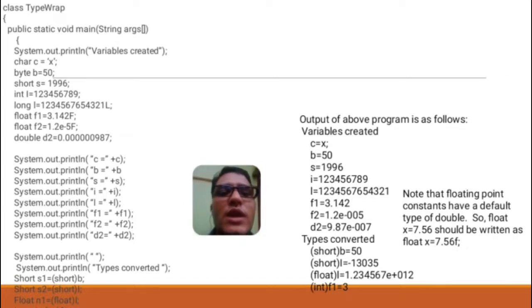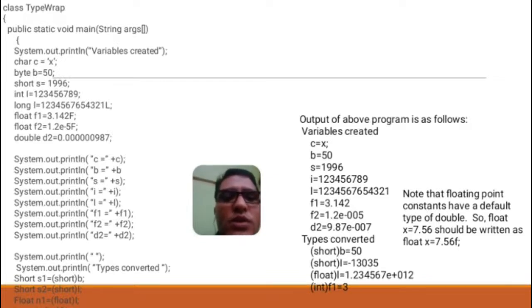Afterwards, what I am doing is forcefully converting. So short s1 is equal to short of b. B is a byte. Byte I am converting into short. So there is no data loss because short and byte are equal. Short s2 is equal to short of i. I is an integer value. If you forcefully convert it into short, then you get a garbage value in your output. As you are seeing, you are getting minus 13035, right? Why? Because of narrowing. Okay, what is narrowing? The conversion of a higher data type to a lower data type. Here we are forcefully converting. This is typecasting. Clear?